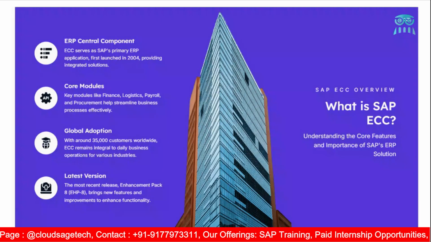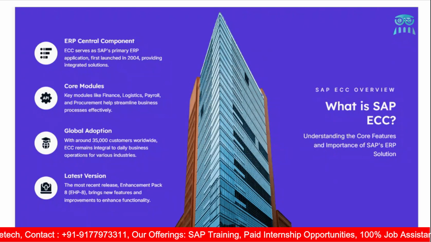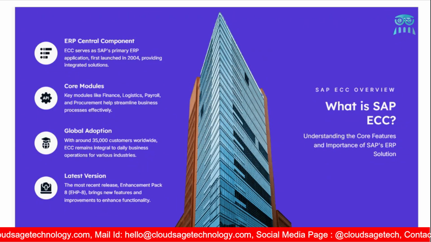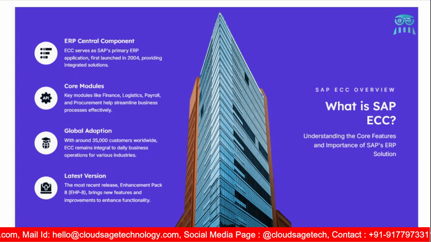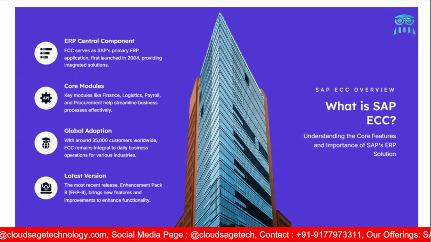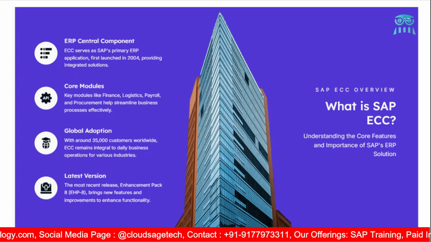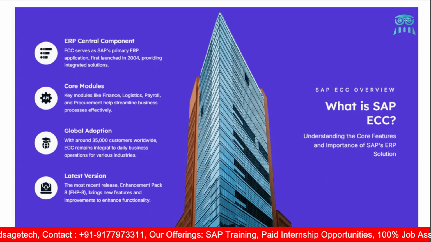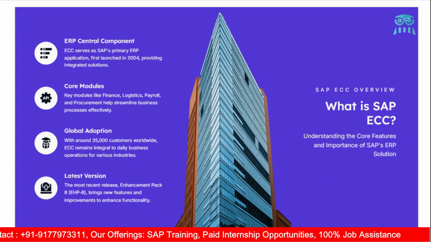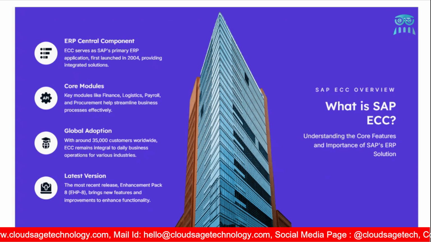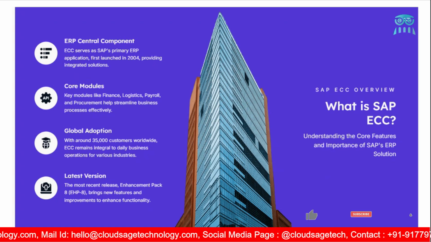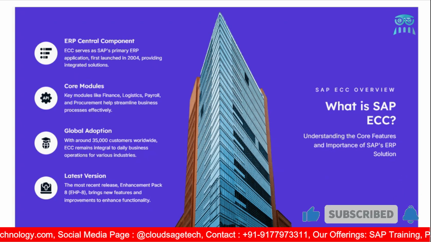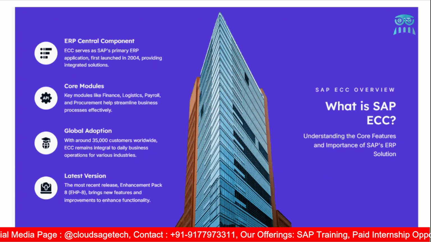ECC stands for ERP Central Component. It is SAP's main ERP application that was initially released in 2004. Since then, it has gone through a lot of version updates, and the latest version of SAP ECC is called EHP 8 or Enhancement Pack 8. It contains a lot of core modules such as finance, consolidation, payroll, procurement, logistic, etc. And it is estimated that around 35,000 customers globally use SAP ECC as their main ERP system to run their